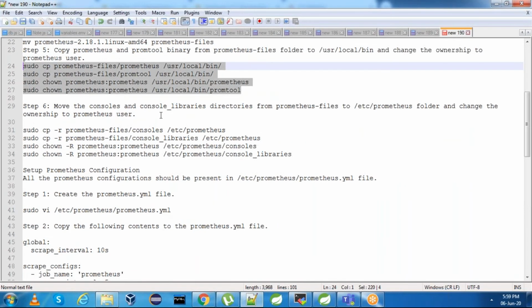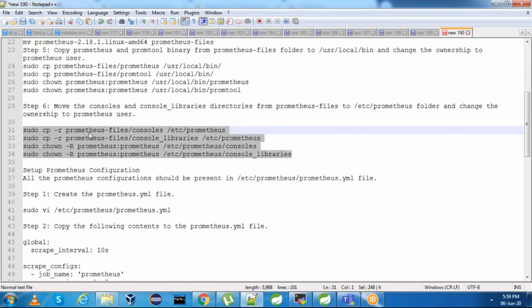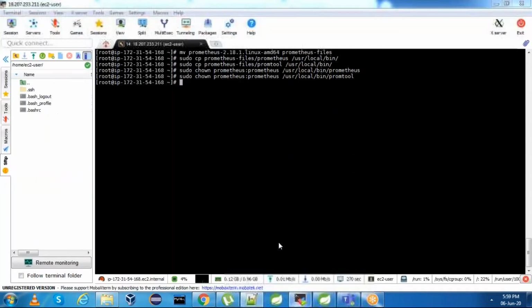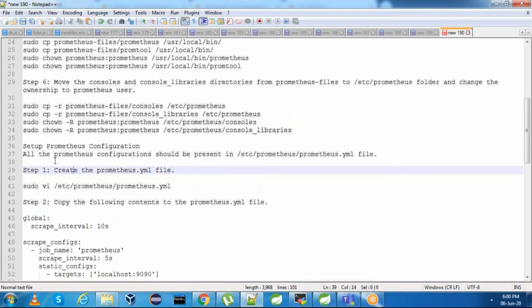And next, you need to move the consoles and console_libraries directories from prometheus-files to the /etc/prometheus folder. We are moving the executables to /usr/local/bin, and we are moving the configuration files to /etc/prometheus. This is done.